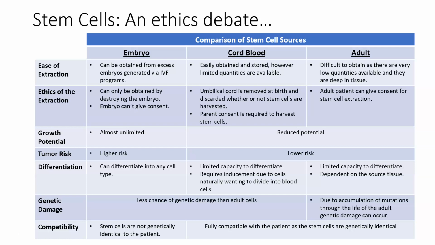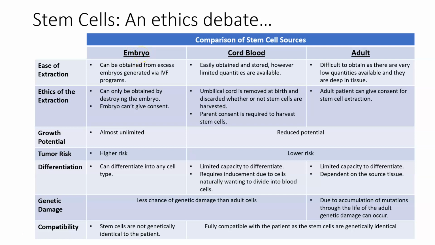Starting with ease of extraction. So this is how easily the stem cells are extracted from that particular source. When we talk embryonic stem cells, they only can be harvested from embryos. I mean, that's what embryonic stem cells mean. So you can't get embryo stem cells from toddlers. You can't get embryo stem cells from adults. You can't get them from children. You can't get them from donors. You have to get them from embryos. And we're talking early embryonic development, before a lot of the differentiation and specialization has happened. So they can only be obtained from embryos,